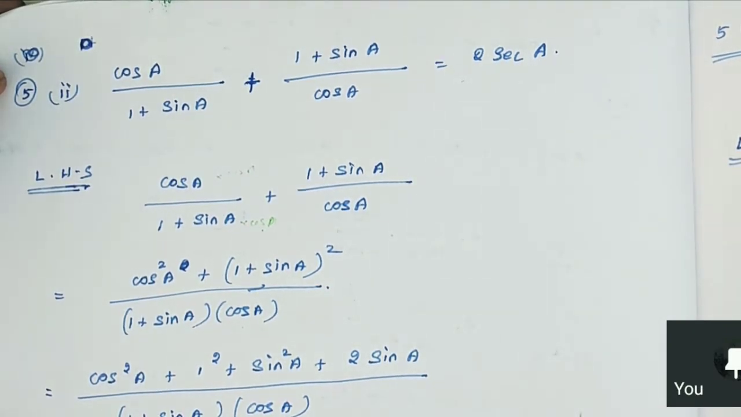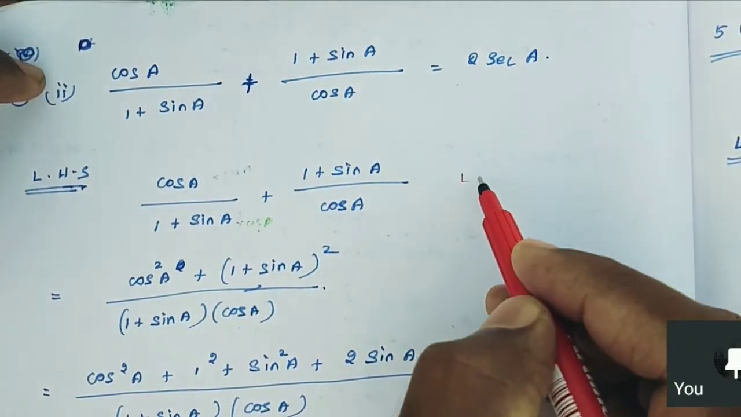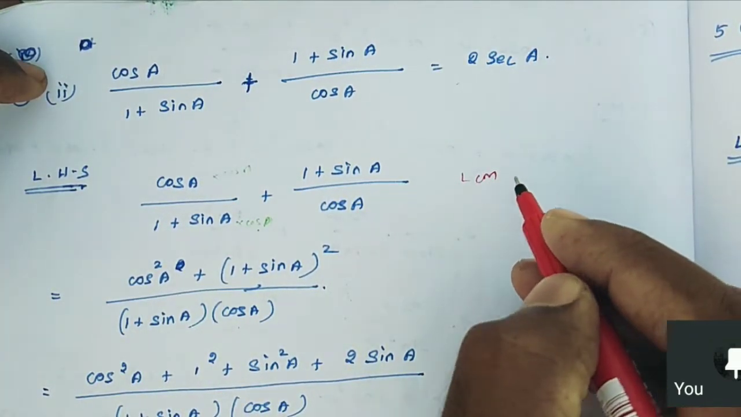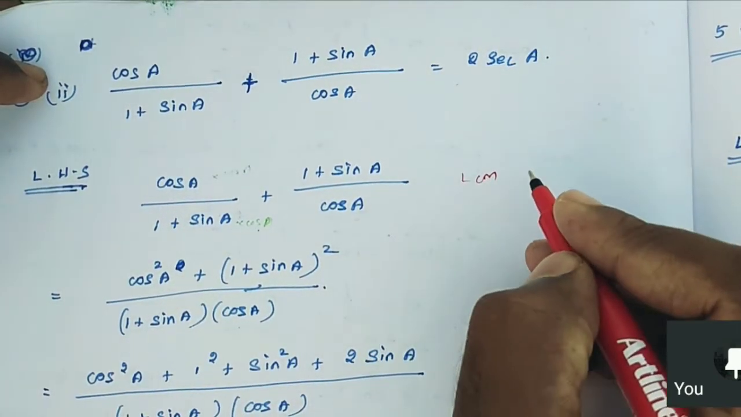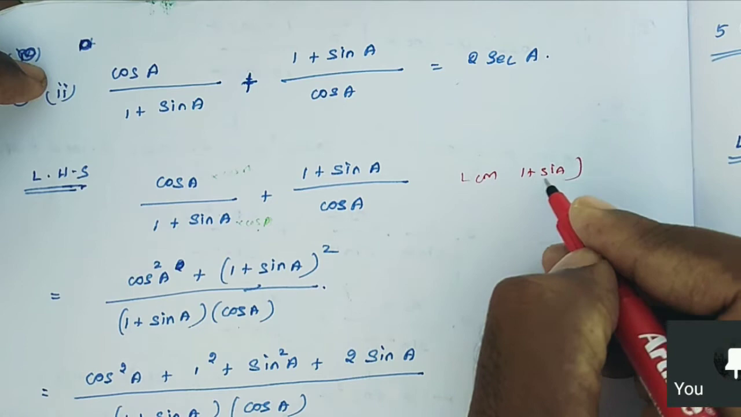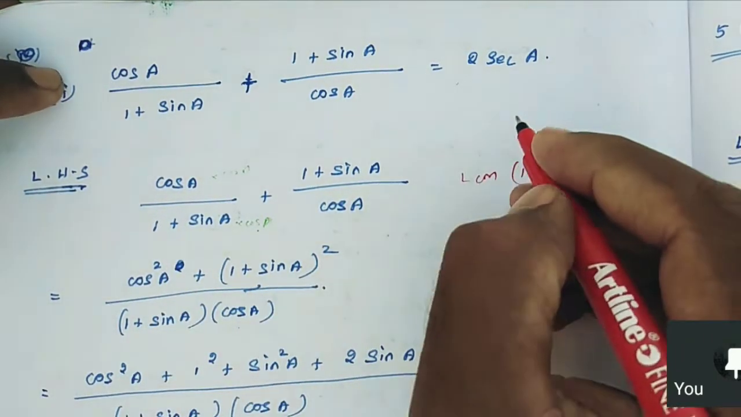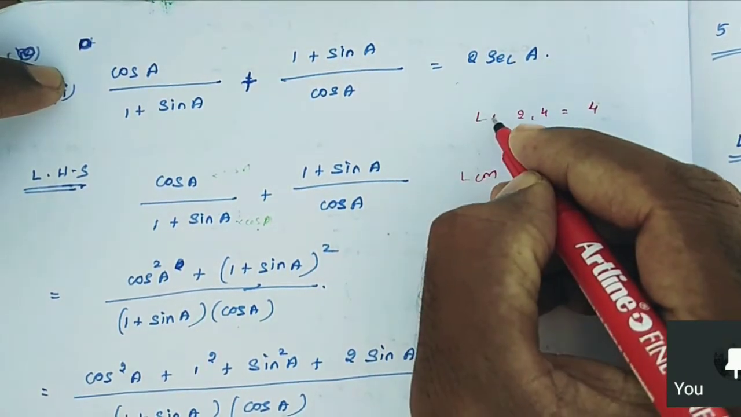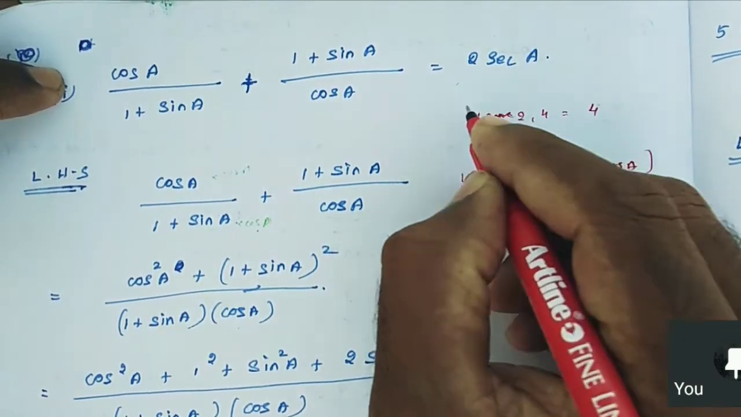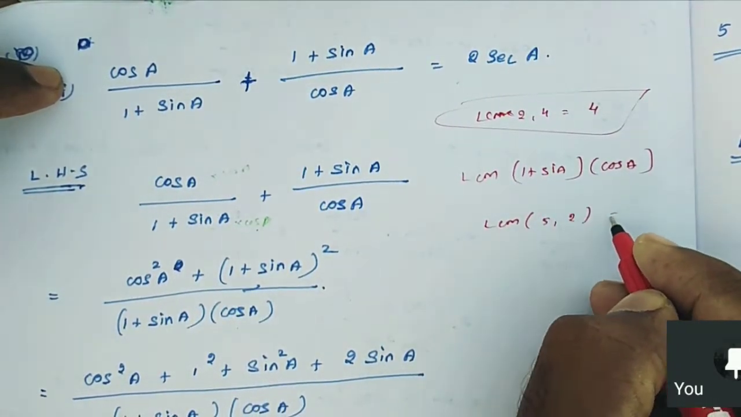Any doubt? Listen, first we should take the LCM for these two numbers. So the LCM of these two is 1 plus sine A times cos A. Actually, what is the LCM of 2 comma 4? 4. Are you all clear? Next, LCM of 5 comma 2,